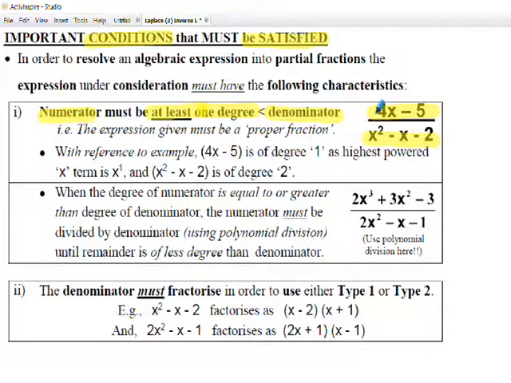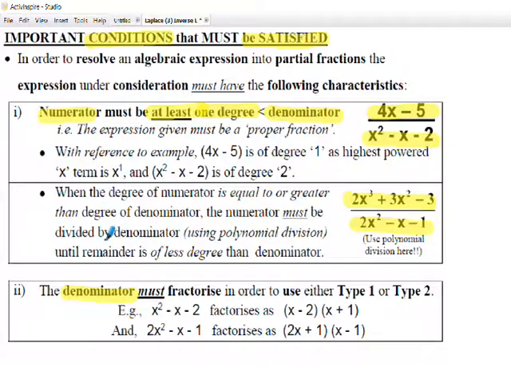In this example here, we've got 2x cubed plus 3x squared minus 3, all divided by 2x squared minus x minus 1. This does not satisfy the condition because we have a cubic on the numerator and a quadratic in the denominator. You'd have to use something like polynomial division here to reduce the order of the numerator to lower than the denominator. And the other condition we look for